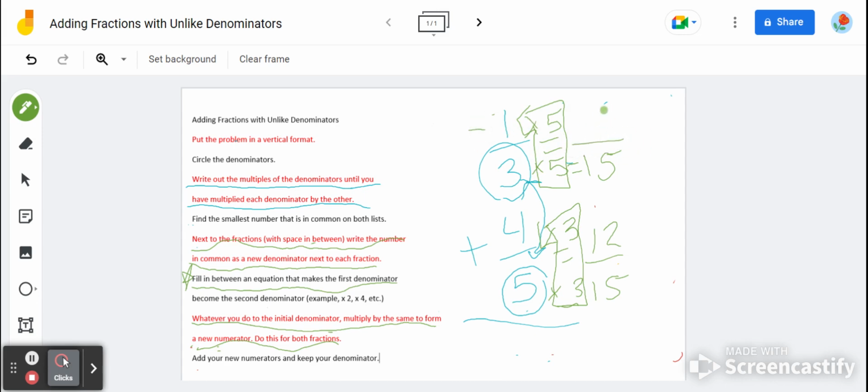1 times 5 is 5. And now I have the same denominator, so I add my numerators and keep my denominator. 12 plus 5 is 17 over 15. You can leave it like this. Some teachers accept it like this. Or as we get into conversion, if you realize that 15 over 15 is 1,